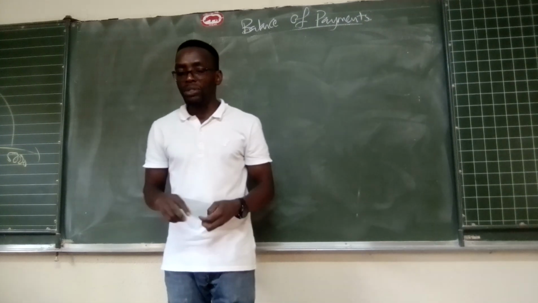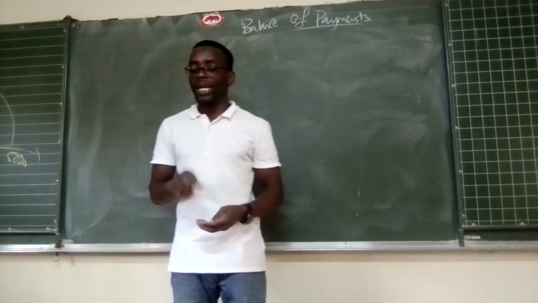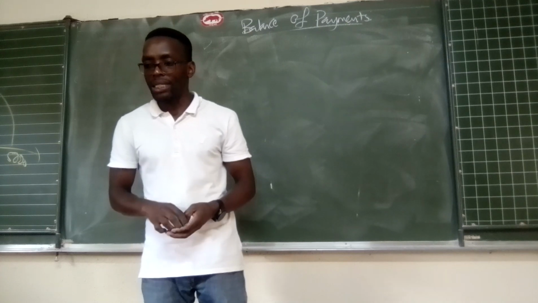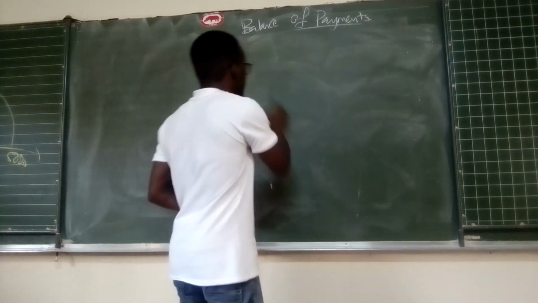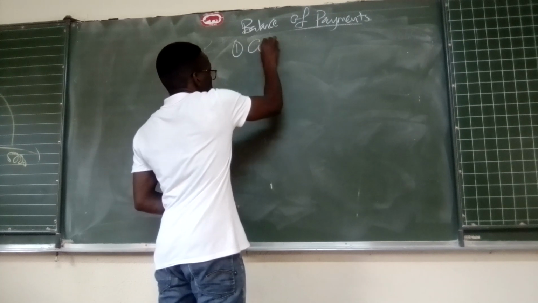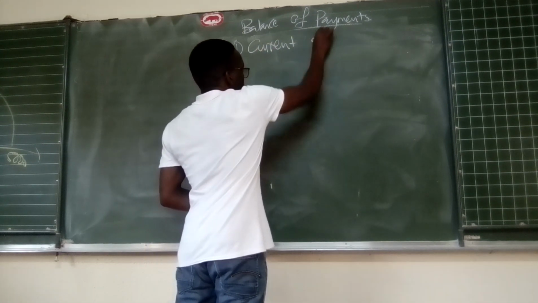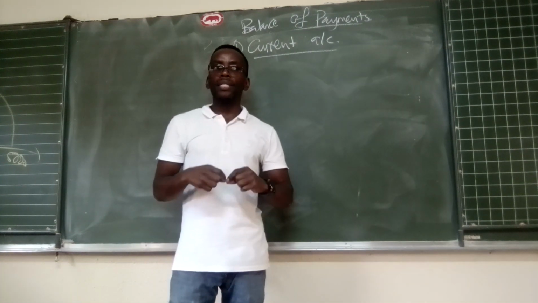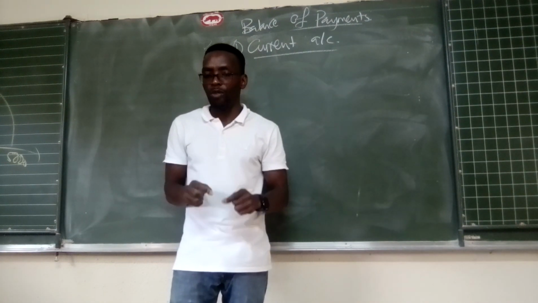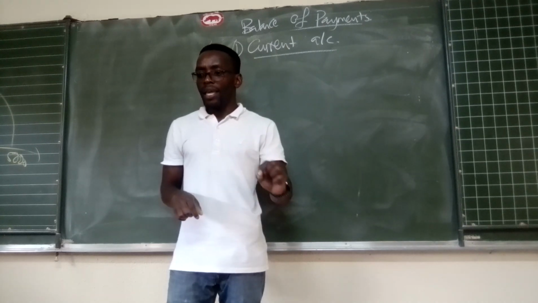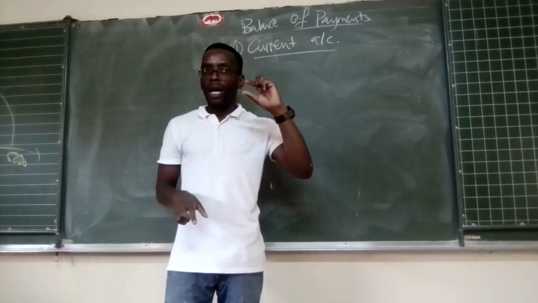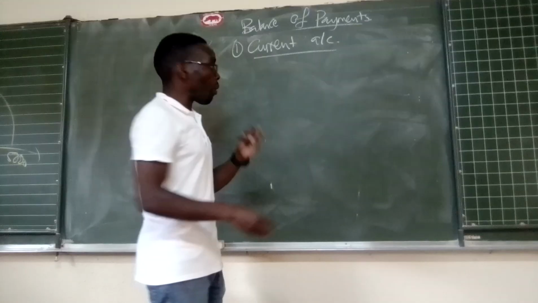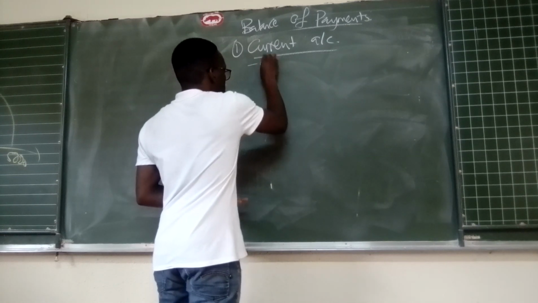Now, when we talk about the balance of payment, learners, what we need to understand is it is divided generally into 4 accounts under balance of payment. We have the first one that we are going to look at, which is our current account. Now, a current account is an account that records the monetary value of exports that we made, particularly referring to merchandise as well as gold. So our current account records exports